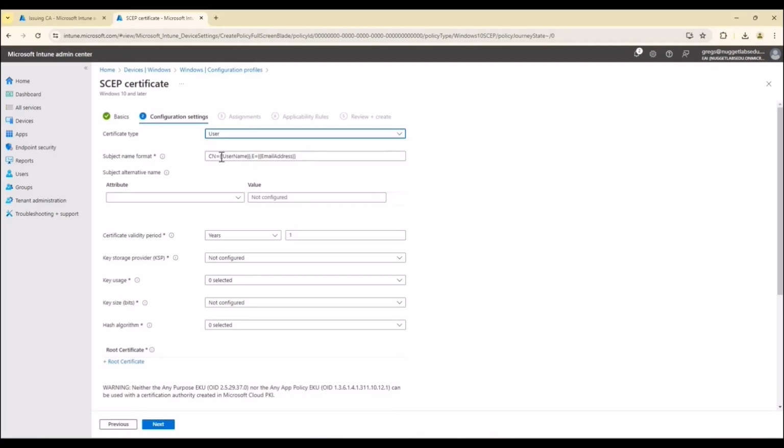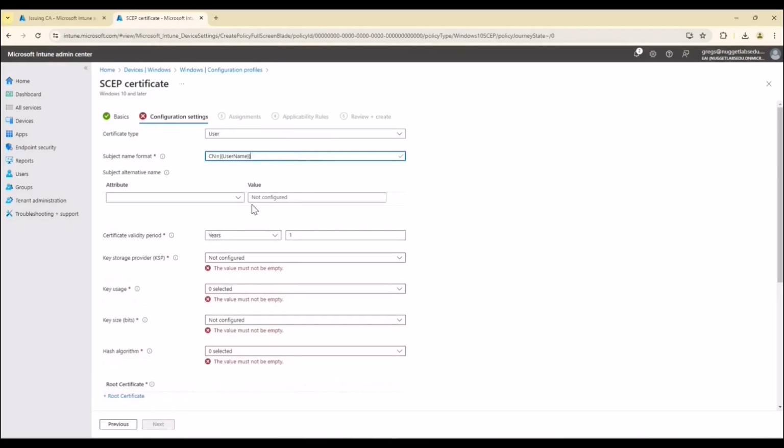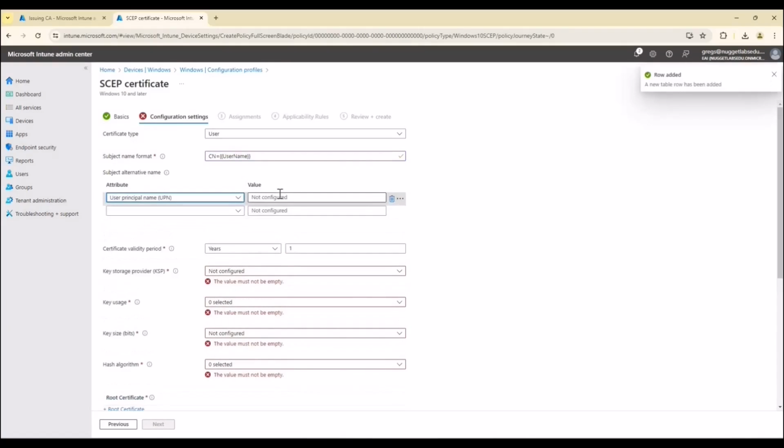This is going to be a user certificate. The subject name format, let's leave this to common name only. This looks good. And common name, yes, this is fine. I don't want the email because I don't know whether the user has an email or not. Over here, let's use the UPN, and the value is going to be CN equals username, which means,